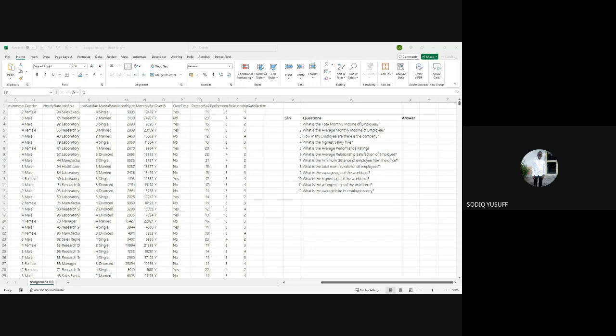Now this limitation of pivot table is what led to the third way of doing reporting in Excel, which is the combination of pivot table, power pivot, and DAX. And we also have the fourth way, which is using cube functions. And lastly, we use the dynamic arrays, the array functions in Excel.